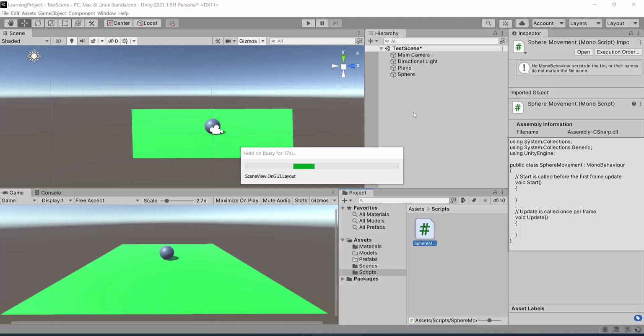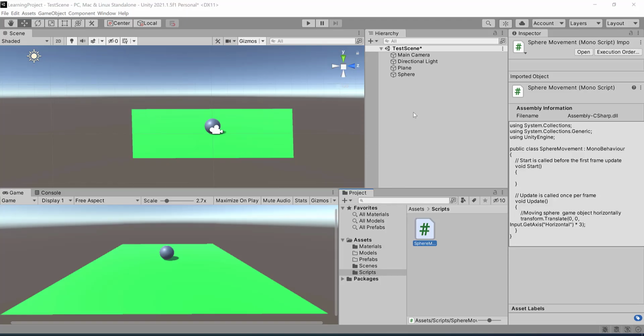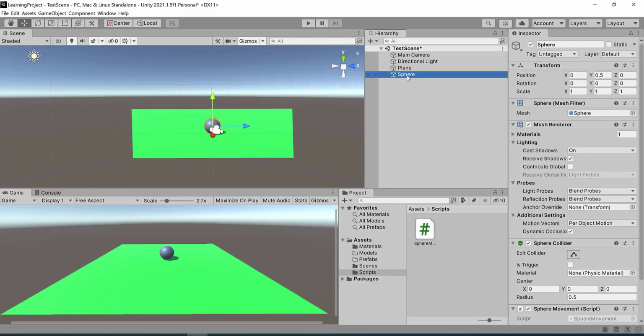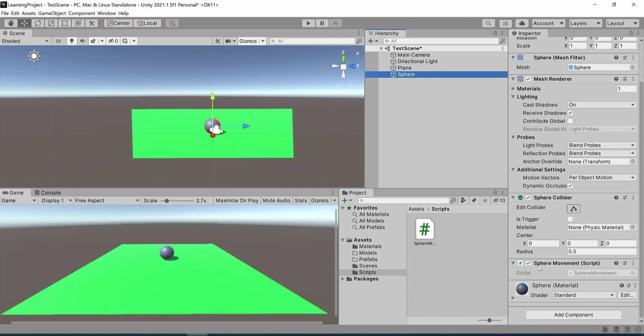Open Unity. Now attach this script, which is the sphere movement script, to the sphere game object. You can drag and drop it on the sphere. Select the sphere game object from the hierarchy view and you can check whether the script has been attached to it or not. Now you must be thinking, we use the code over here